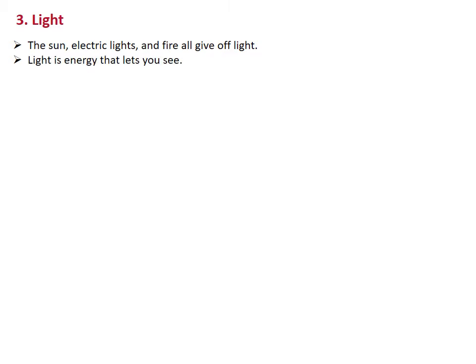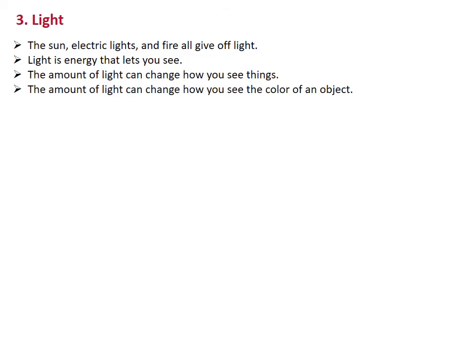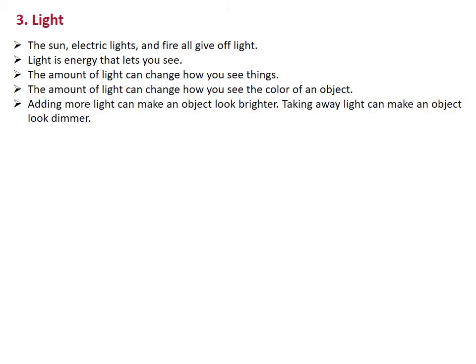The second kind of energy that we are going to study is light. The sun, the electric lights, and fire all give off light. By definition, light is energy that lets you see. The amount of light can change how you see things, and it can also change how you see the color of an object. We have to know that adding more light can make an object look brighter, but taking away light can make